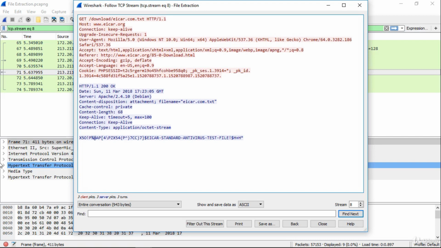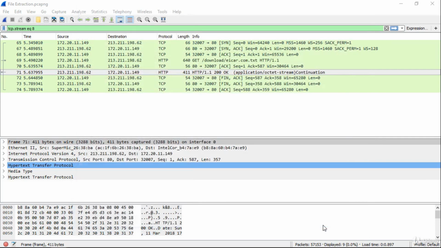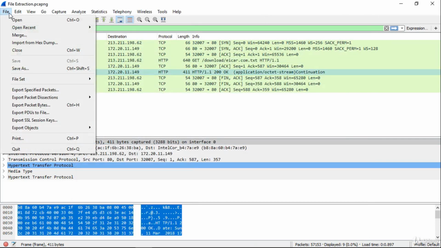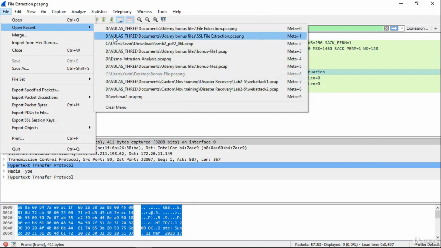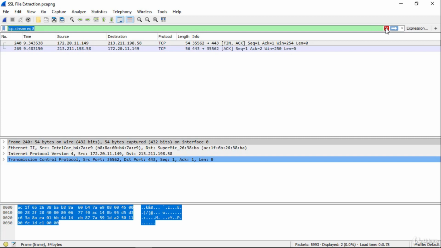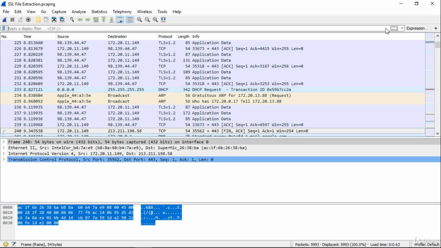Now what we want to look at is what happens if the connection is HTTPS. All right, if it's HTTPS, then we're going to have a little bit of a challenge. So I've actually created another file. If I go File, Open Recent, I've got another file, and here's the exact same EICAR extraction, but this one's using actual Transport Layer Security, as you can see here, TLS version 1.2, which means it's using HTTPS when it connects to the internet. So now when we go File,